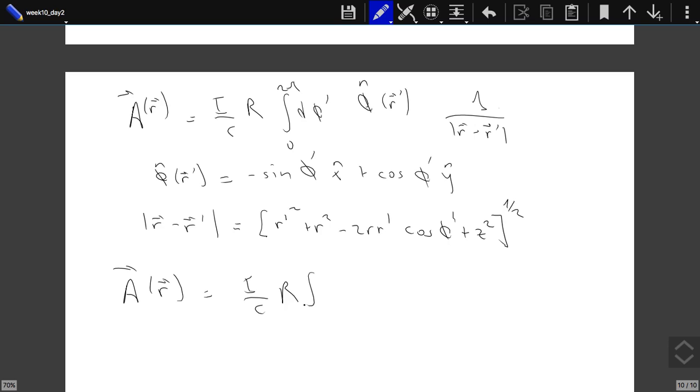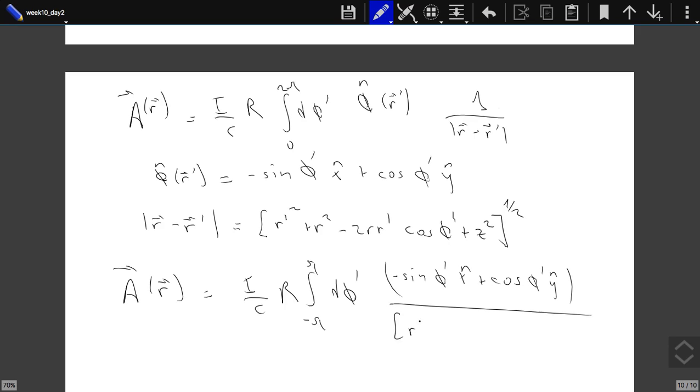But instead of integrating from 0 to 2 pi, I can also integrate it from minus pi to pi. It will make certain things more clear. d phi prime, so I have minus sine phi prime x hat plus cosine phi prime in the y hat, divided by r prime squared plus r squared minus 2r r prime cosine phi prime plus z squared under the